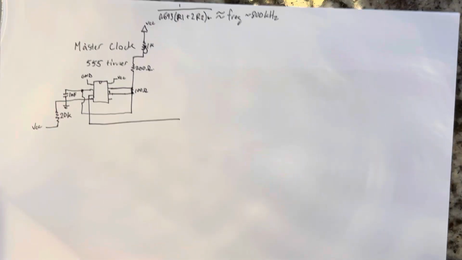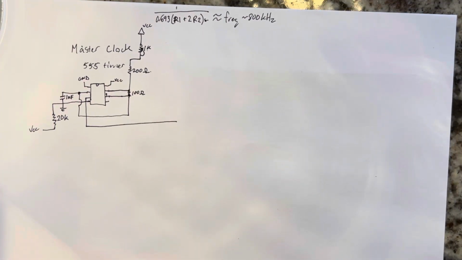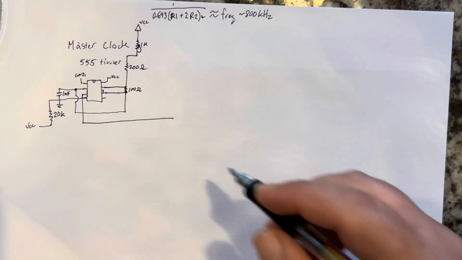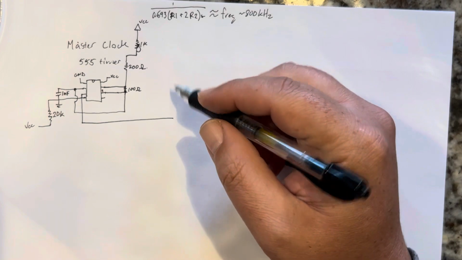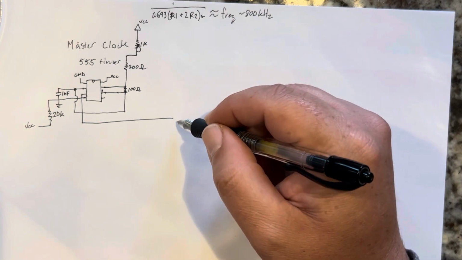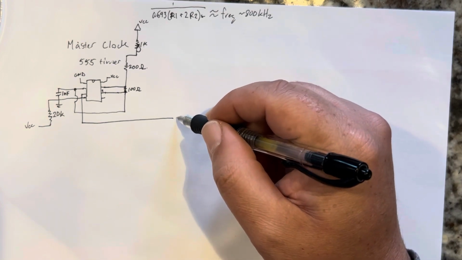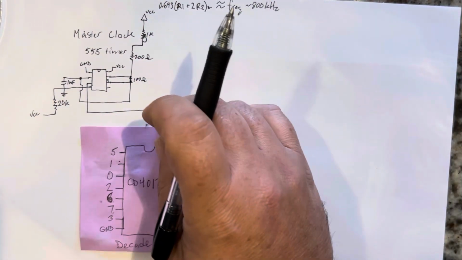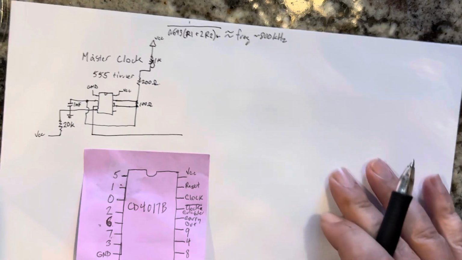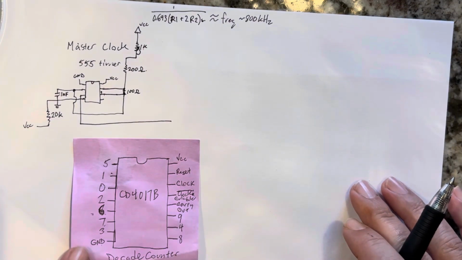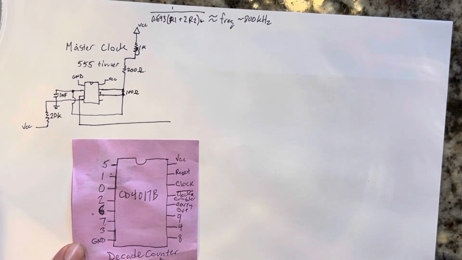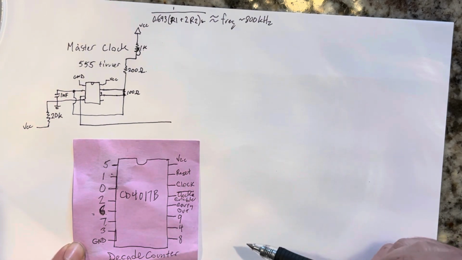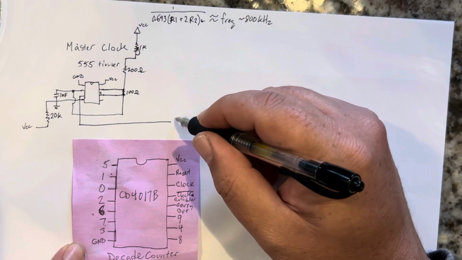I used CD4017 chips for counters. I had an abundance of them from a previous project, so I kept those around, so I had 4 of them. And the way the CD4017 works, and here is the pinout of the CD4017, and this is basically a decade counter. It has all of these pins, and so what I did was I took 4 of them,